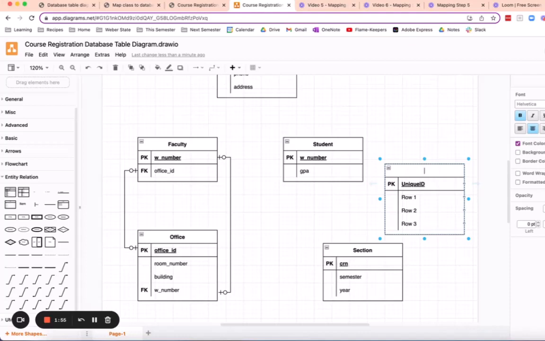But a lot of times there is a name that would make sense. So a student and a section, you are going to have something called a registration, and that will include both the student and the section. So every student has a